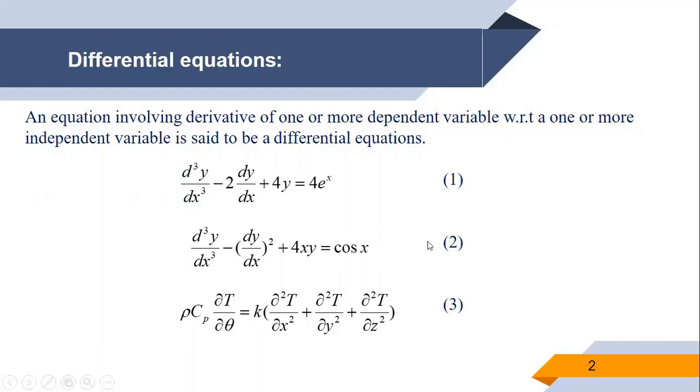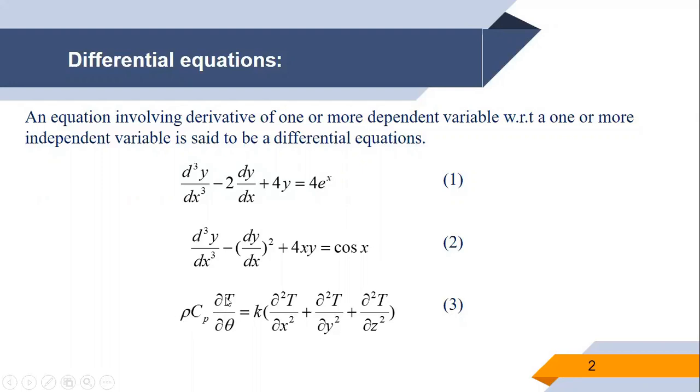Now equation 2, d cube y by dx cube minus dy by dx whole square plus 4xy is equal to cos x. So again, y is a dependent variable, x is an independent variable. But in equation 3,